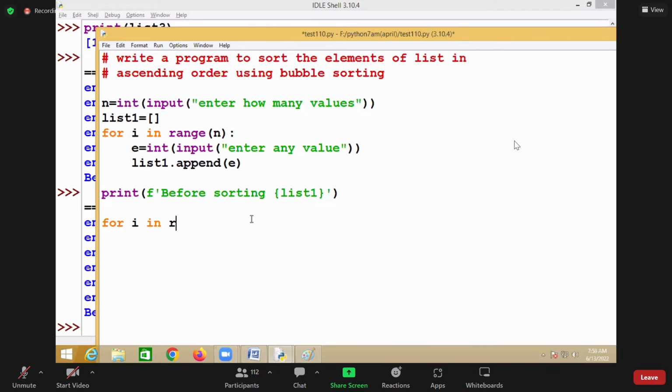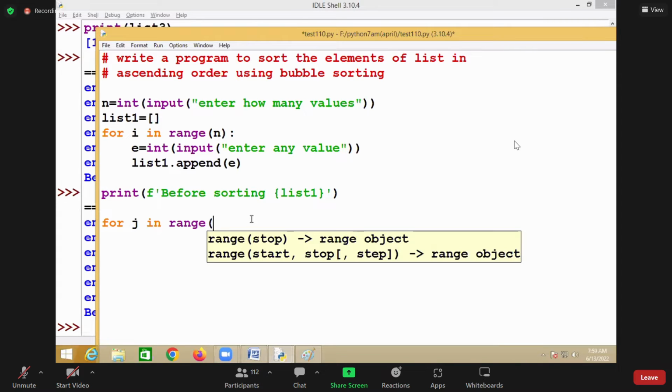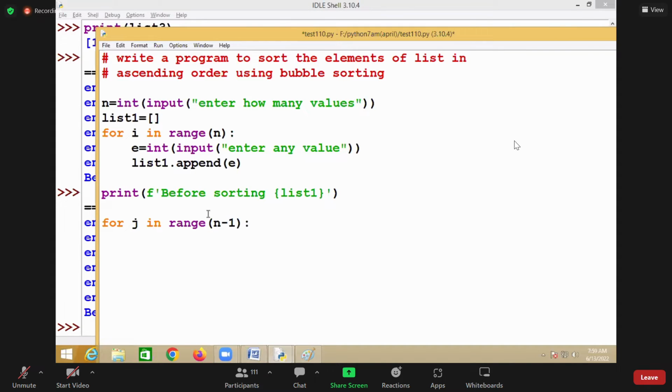So for j in range of n minus 1. Suppose the value of n is 5, now 5 minus 1 is what? 4. Why? Because you are comparing list1[j], the first element, with list1[j+1]. You are comparing the first element with what? The second element. So j starts from